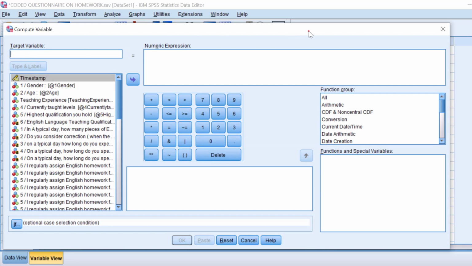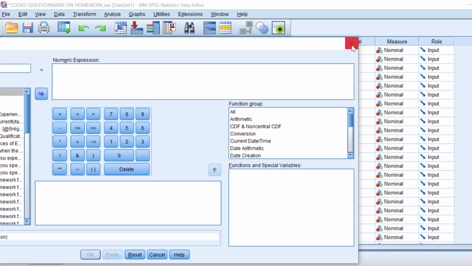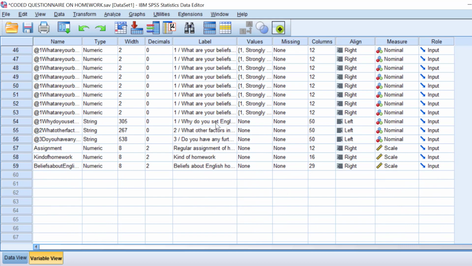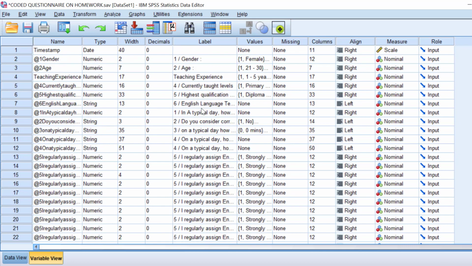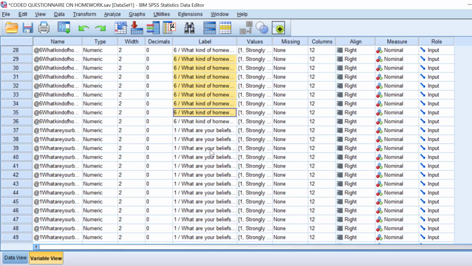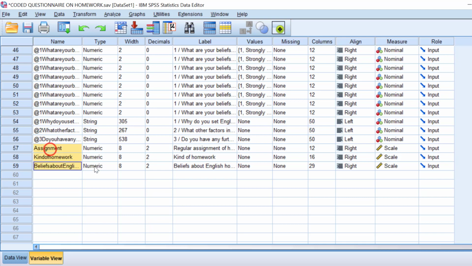So I'm not going to do this step here. I'm going to attach a link to a video in which this procedure has already been done, just for the sake of making this video a little bit shorter. So you will find the video below in the description box or in the comment section, so try to check it. And for this case, because I already computed the different mean scores, as you can see,